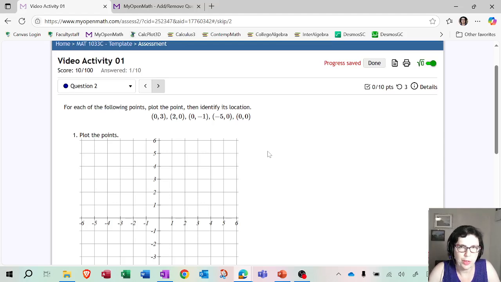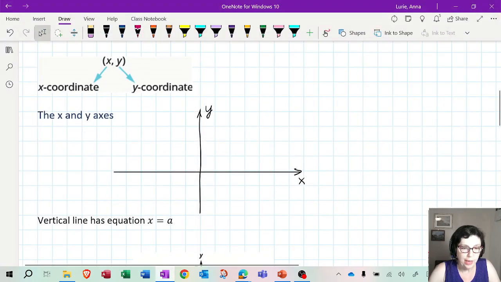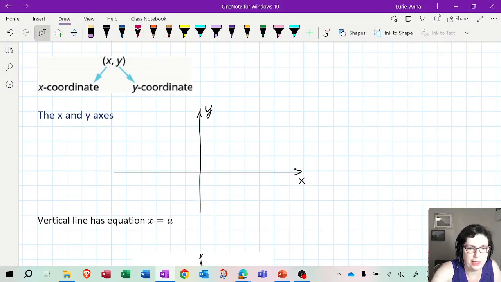In this video, we are going to talk about how to identify whether the points belong to the x-axis, y-axis, or maybe it's the origin. So we just talked about the quadrants, but what if the point is actually not in any of the quadrants, but it's sitting on one of what we call axes? The horizontal line is called the x-axis, and the vertical one is called the y-axis.